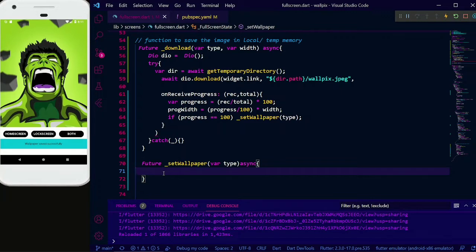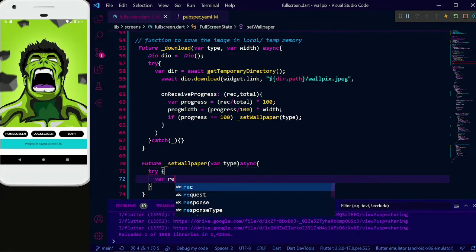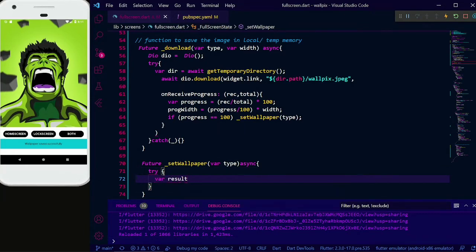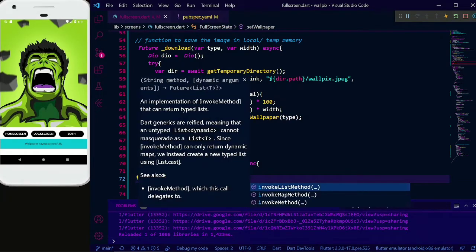For that, we'll use try, var results equal to await platform.invokeMethod,